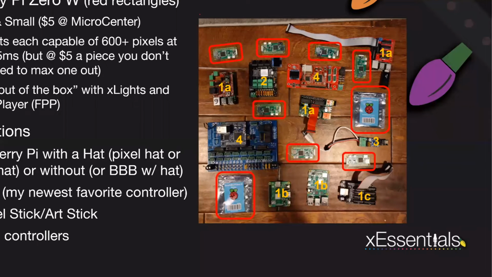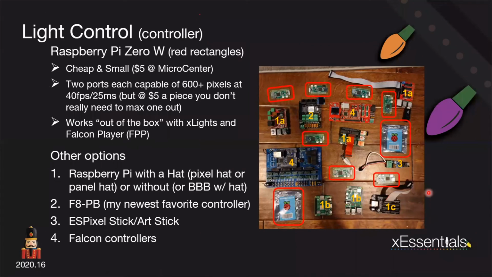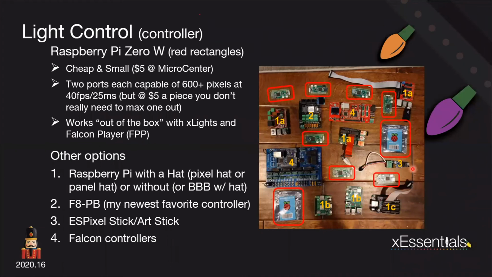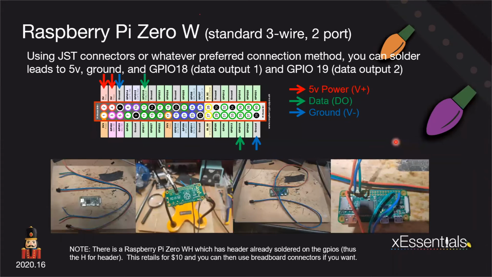So any controller you have, again, the only limitation really is your mind for a mobile prop. So let's, again, going back to the fact that Raspberry Pi Zero W is my preferred method, I'm going to walk you through how to do a Raspberry Pi Zero W. So having a standard 3-wire pixel and having 2 ports of capacity,